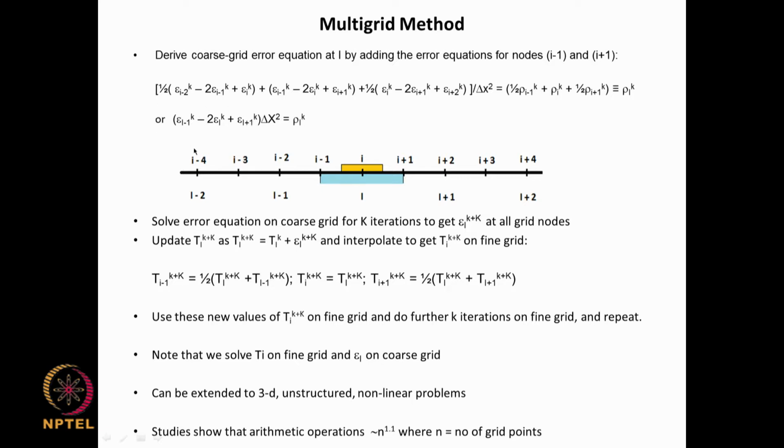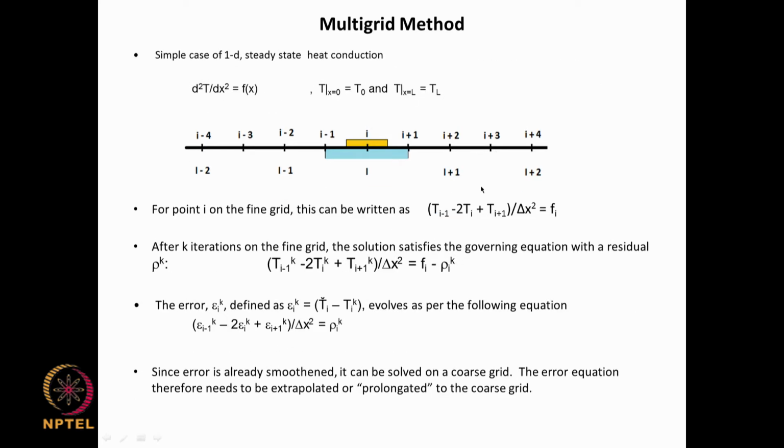So, now if you look at this, you have error expressed at coarse grid points capital I minus 1, capital I, capital I plus 1, with a corresponding residual, and this can be written for all the points. So, this will give us coefficient matrix A times error on the coarse grid equal to the residual. This equation can be solved because the right hand side is known, and the right hand side is derived from the residual, which is computed by solving this equation